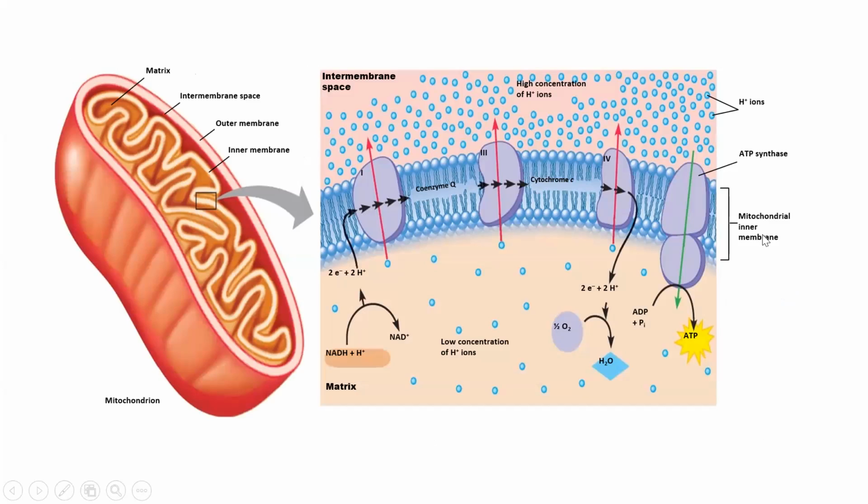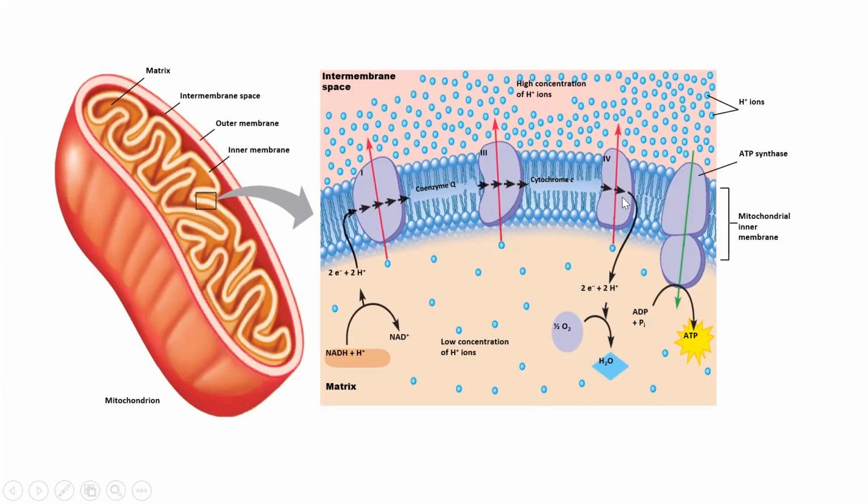Let's look here again at what's happening. I'm going to walk through this series of steps that talks about how these electrons are passed from complex to complex and how hydrogen ions are pumped from the matrix over into the intermembrane space. Basically, we've got our electrons being shuttled from complex 1, complex 2, although it's not shown here, complex 3, complex 4. And then we have oxygen standing by here to get the electrons at the end